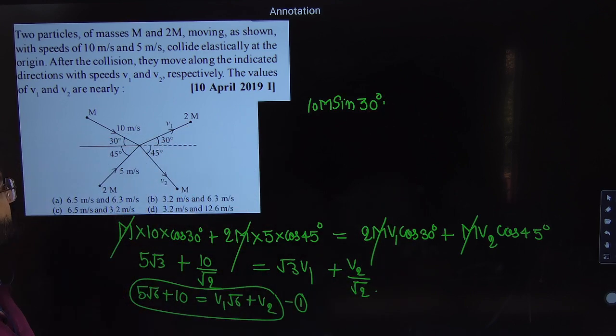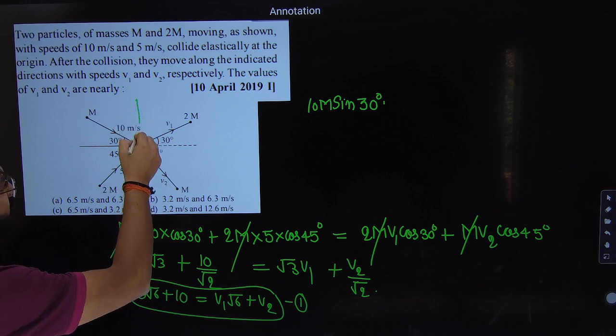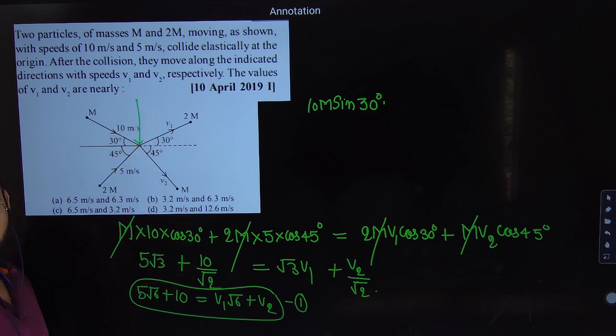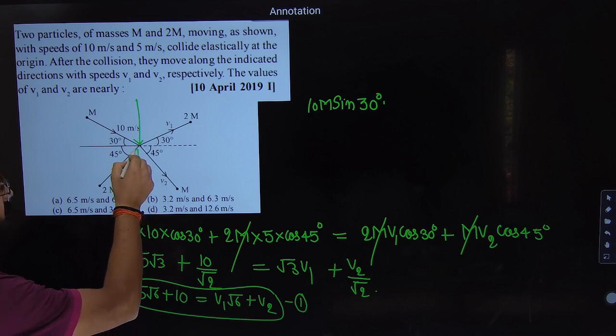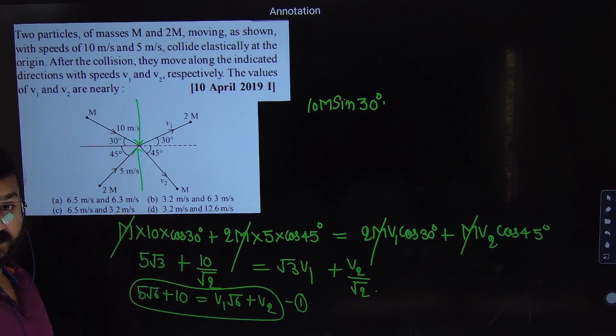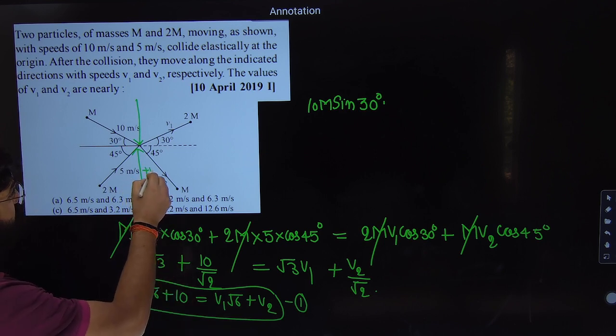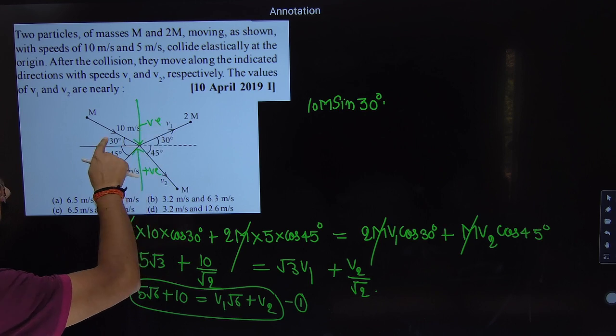So be careful with the direction. If you take the y component of this, it will be in which direction? Downward. If you take the y component of this, it will be in which direction? Upward. You need to take care of direction. So which one should we take positive and negative? Upward as positive or downward as positive? Upward as positive, okay. Plus. This is minus.